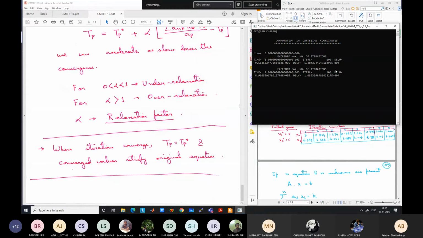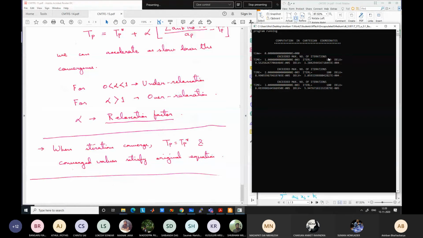Okay, so what is happening is that you can check that there is no convergence. After I have given a limit of 100 iterations in a time step, this is a transient problem. In a time step, I have given 100 iterations. After 100 iterations, my error is 9.5 into 10 to the power minus 5 for the u direction, and for the v velocity, my error is 1.3 into 10 to the power minus 4.